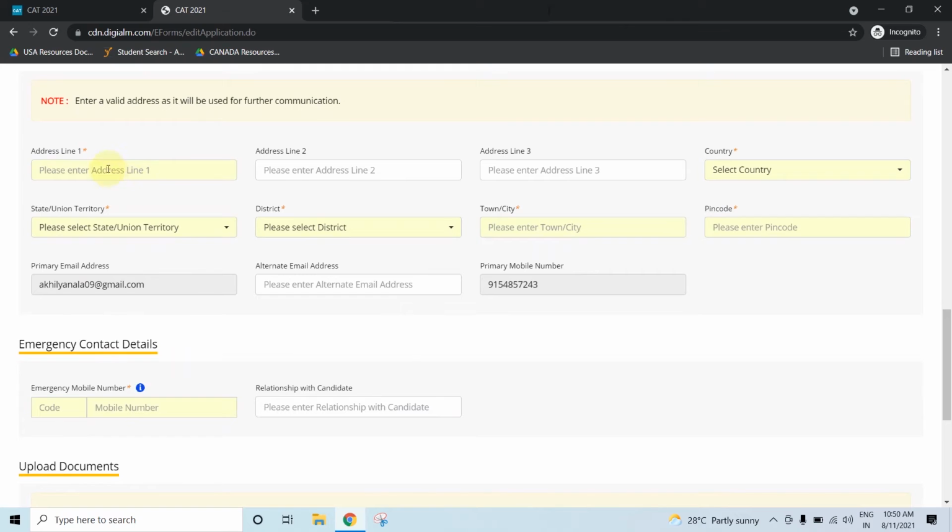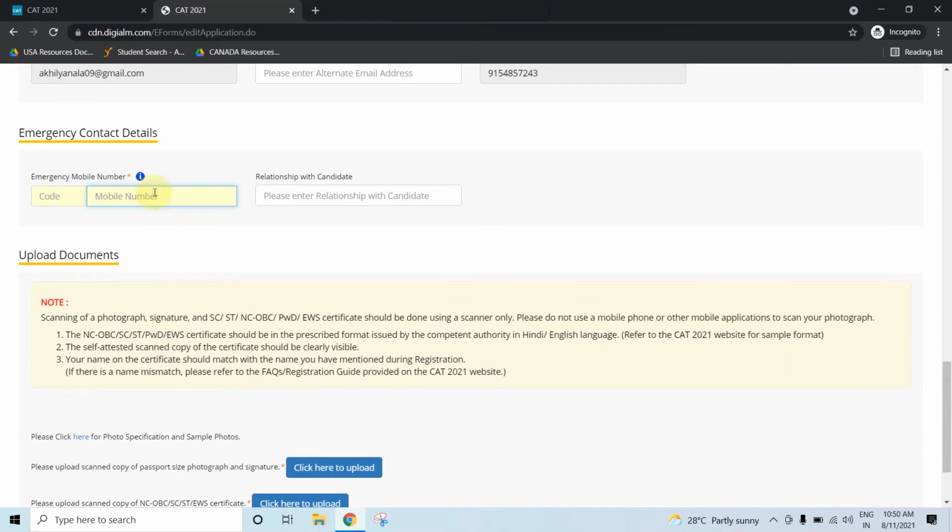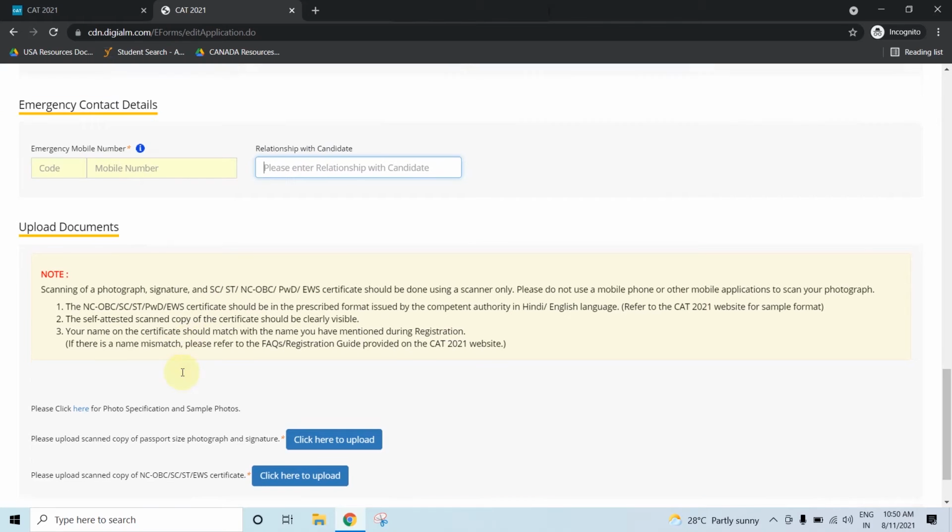And now you have to enter your address. Please see that you enter the address that you are available with. For example, if you are a student and you stay away from your home, try to give the address of the city you stay in, so that if there is any communication going on, you will be available over there. Or else you can give your home address as well. And you have to enter your mobile number, which is an emergency number. Most people enter their parents' mobile number, and you have to enter the relationship with the person that you gave the emergency number for.